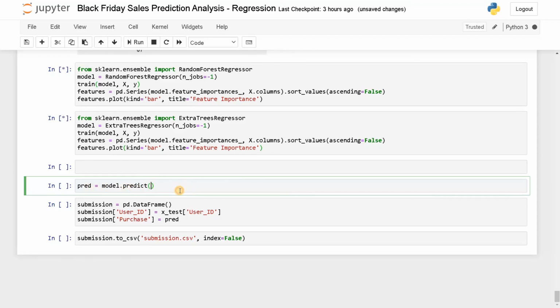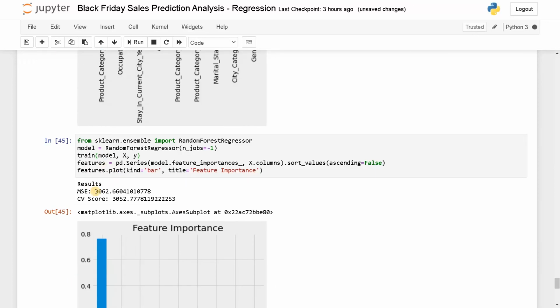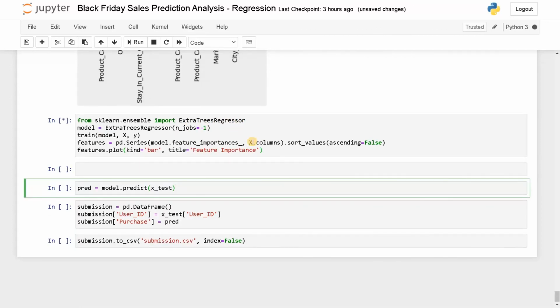This is X_test. I won't be running this code because I don't have a test data set. I'll be coding in a live contest, so I'll be using the train and test data set to upload the results into an actual competition. And you can see the random forest has successfully run. We have around 3000 MSE. Before, in decision tree, we had around 3300. It is an improvement we got, and only the extra trees regressor is running. Again, it will take some time. I'll just ignore that part.